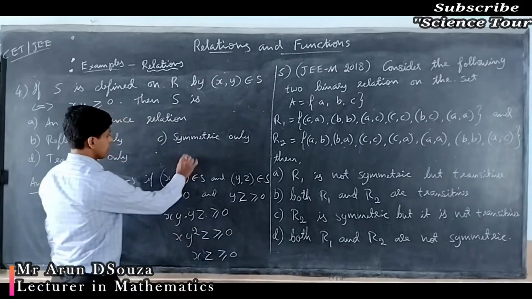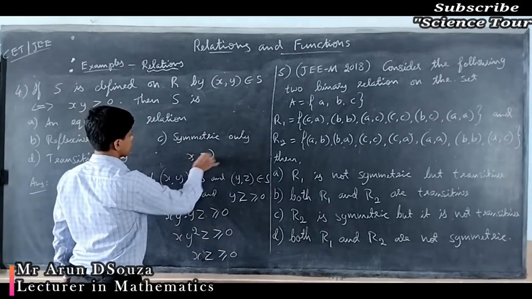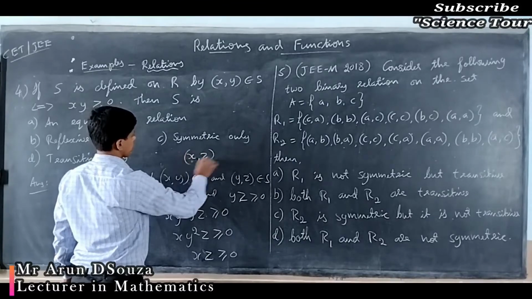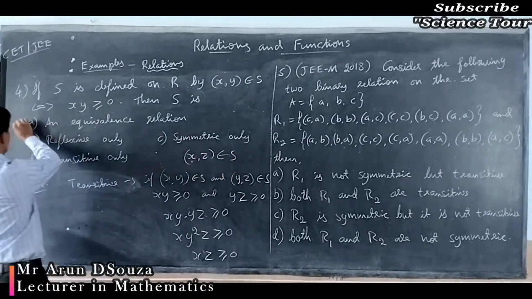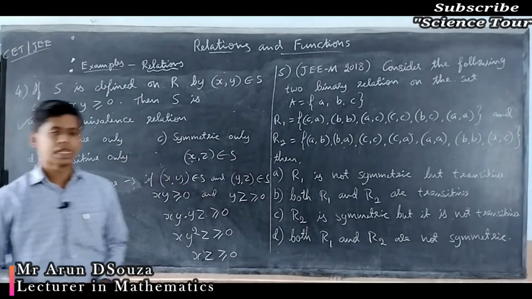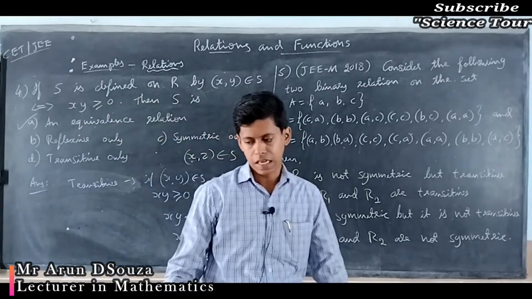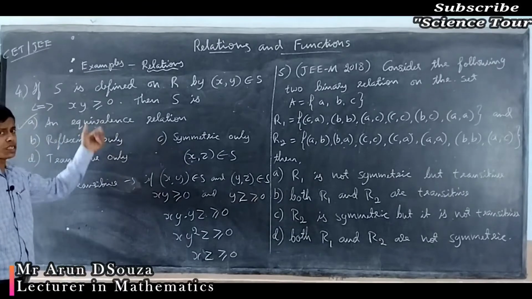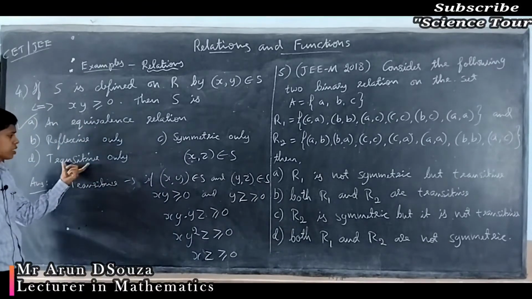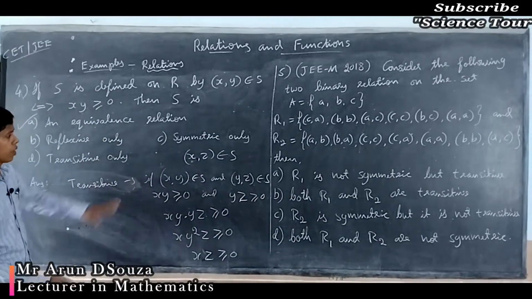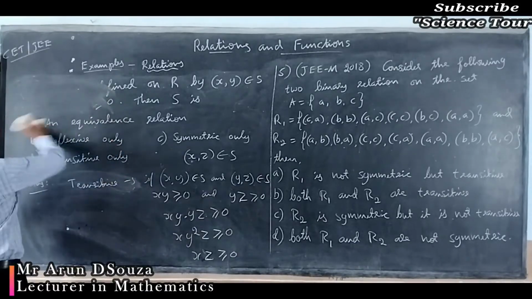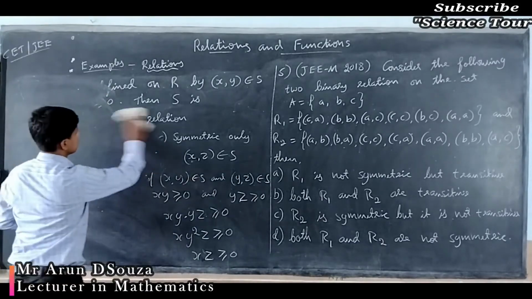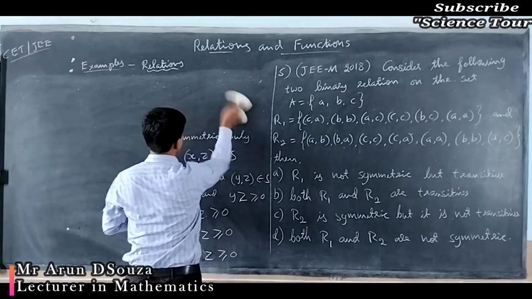That means (x, z) also belongs to S. So that tells us that it is an equivalence relation. So with just reflexive and symmetric, you can decide that it is equivalence, but in case you wanted to check, there you go. Well, now let's move on to the fifth question, and that appeared in JEE Mains 2018, but